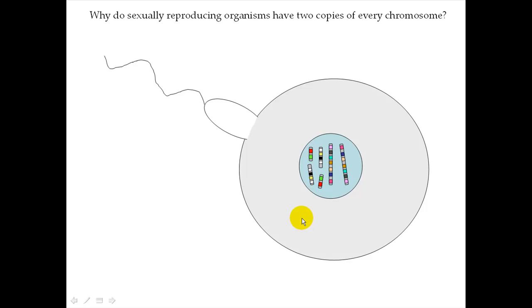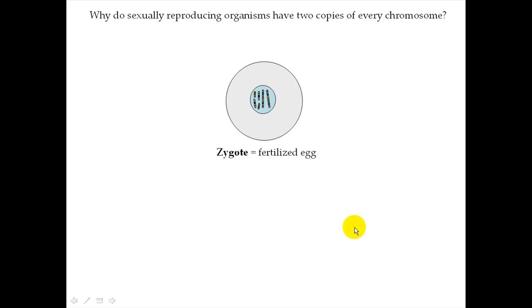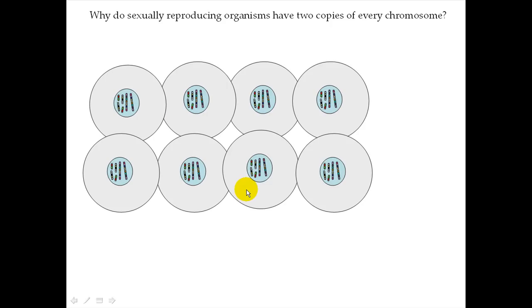And you might remember that a fertilized egg is called a zygote. So again, zygotes, fertilized eggs, if you look at the nucleus, should have two of every single chromosome. In other words, zygotes are considered to be diploid. And whenever that egg is fertilized, that zygote ends up dividing and dividing and dividing many times until it eventually produces a baby. But again, if you take a look at the nucleus of all of these cells here, they all have 2